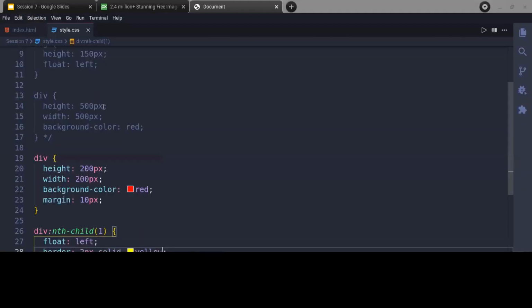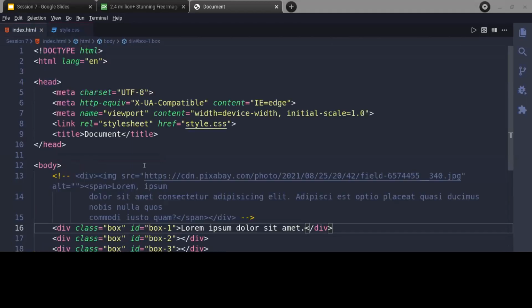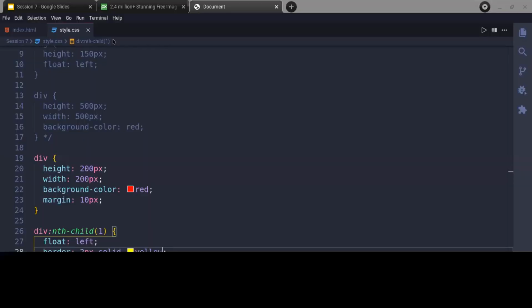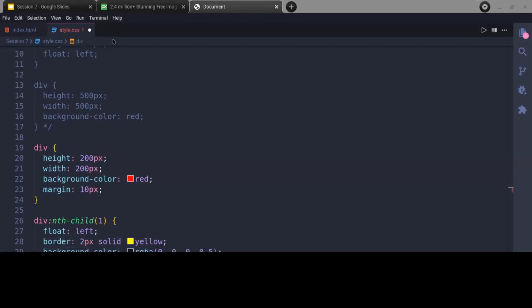You can see that this div is floating like a cloud, and underneath it is the second div. But suppose you want this div to be here and the div below it to be on the right hand side. So you can do it using